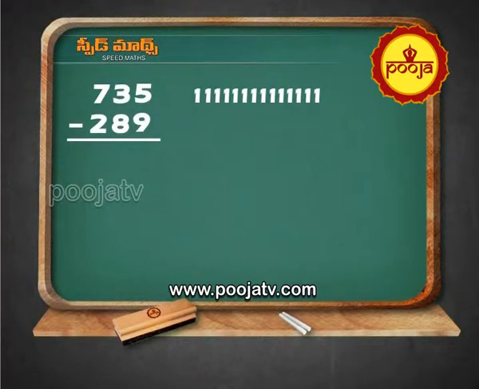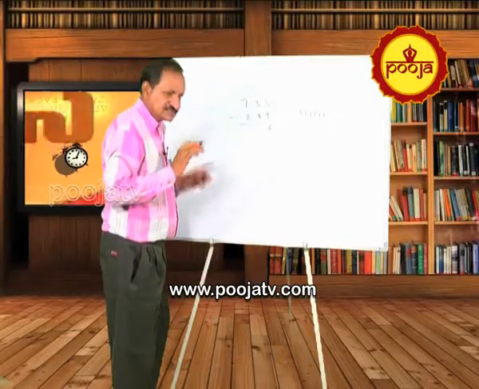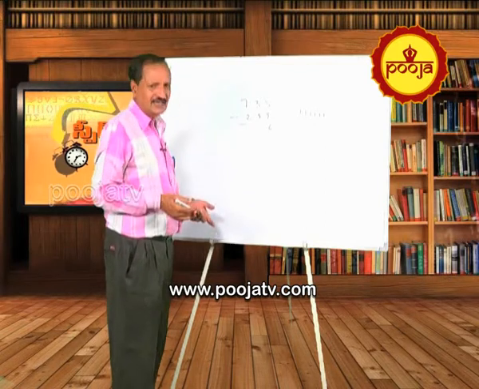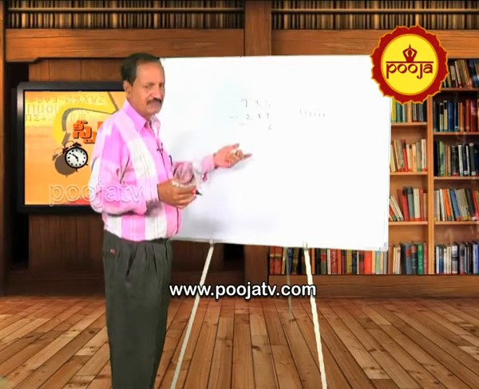And again you have to subtract 9. So you have to erase 9. 1, 2, 3, 4, 5, 6, 7, 8, 9. So 9 you have to take. What are the remaining things? 1, 2, 3, 4, 5, 6. So you write 6. This is the exact way of teaching subtractions in the school. No other way is there. Even we have learned like that. Even today people are learning like that.